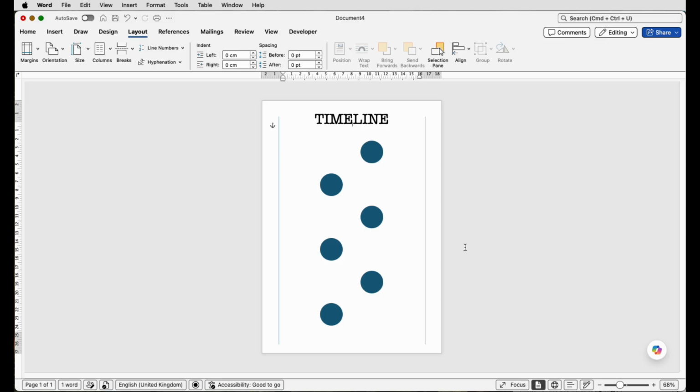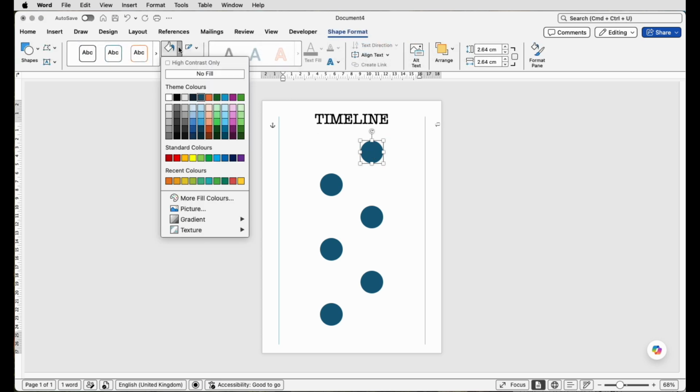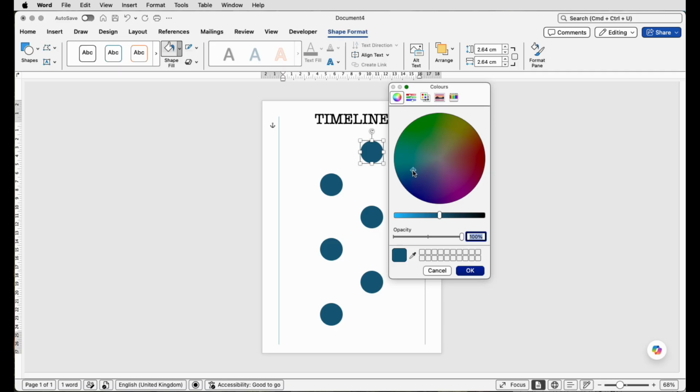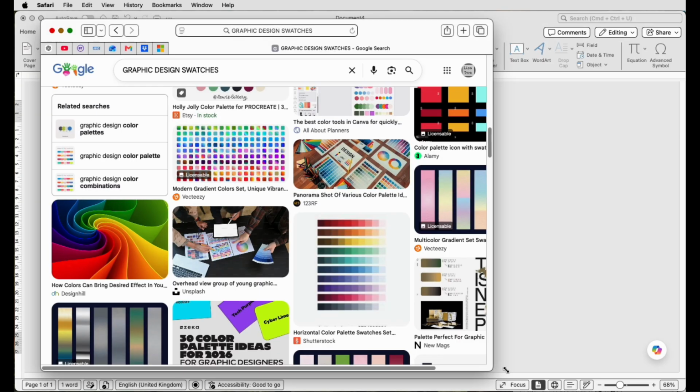So for the colors, click on each circle, go up to Shape Format, go to Shape Fill, and then you can select from any of these colors. You've got standard colors, you've got more fill colors. In here you've got your color wheel. You can move this little cursor around and you can move this slider up to brighten or darken your colors. So for your color